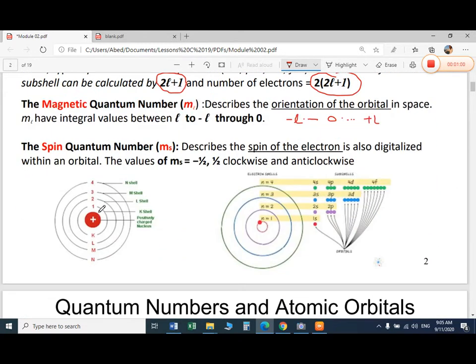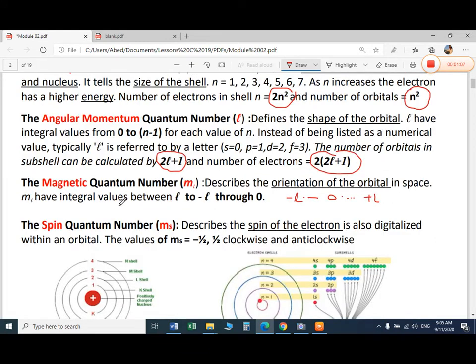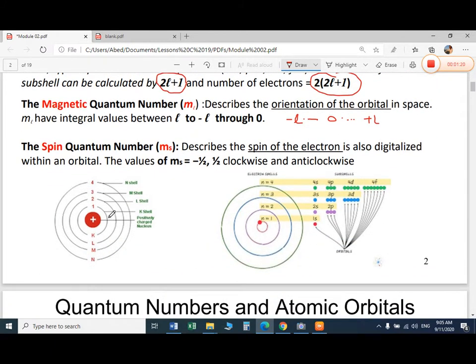These diagrams tell us that the principal quantum numbers are 1, 2, 3, 4, 5, 6, 7, and their names can be K, L, M, N, O, P, Q, and these can be represented in shape. So 1, 2, 3, 4 are the principal quantum numbers, and K, L, M, N are the names representing them. We are not mostly using K, L, M, N; we are mostly using 1, 2, 3, 4.